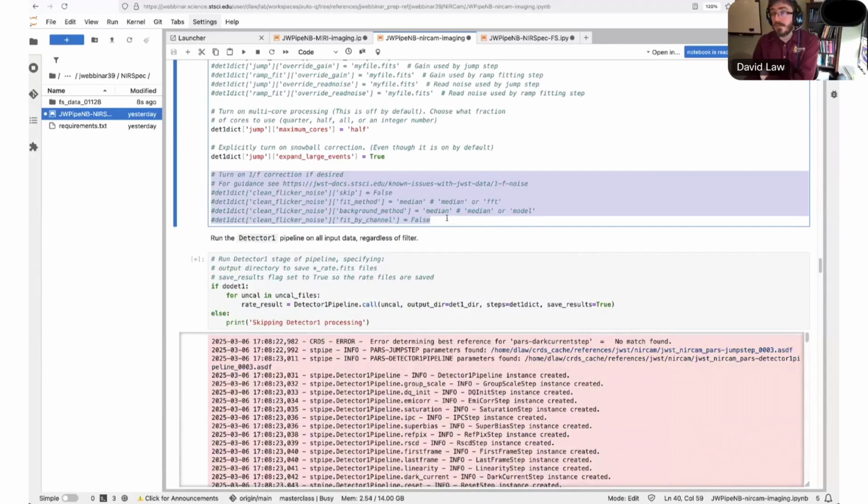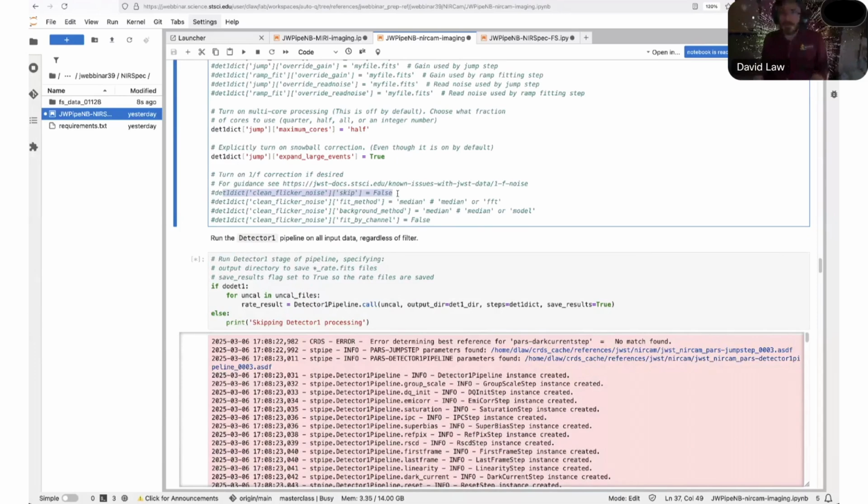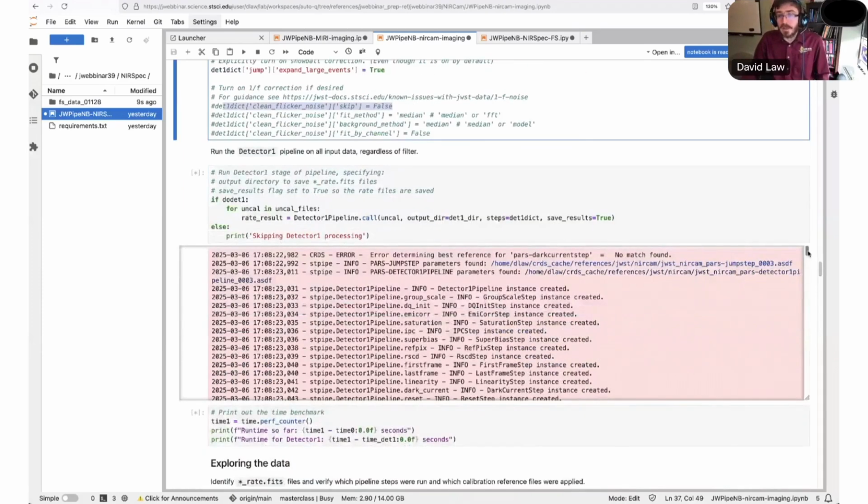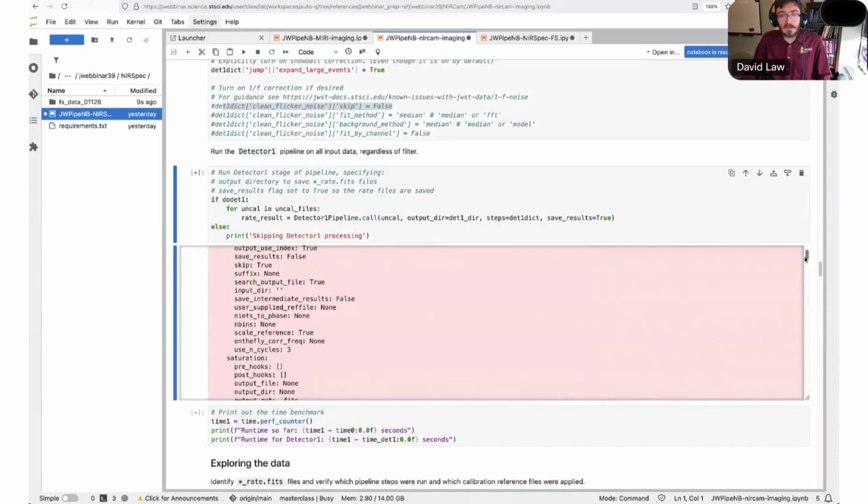But now here is the example of how you could turn that on if you wanted to. You can turn it on if you uncomment this line here, set skip to false. Regretfully, it's a little bit awkward skipping steps. Skip is the default argument to a pipeline step. So skip equals true means don't do it. Skip equals false means yes, do the step. It takes a little while to get your head around that extra negative sign, but once you get used to it, it's not too bad. So you would turn the pipeline step on here, and you can change the parameters you might send into that step below. Right now, that Detector1 pipeline step is running,